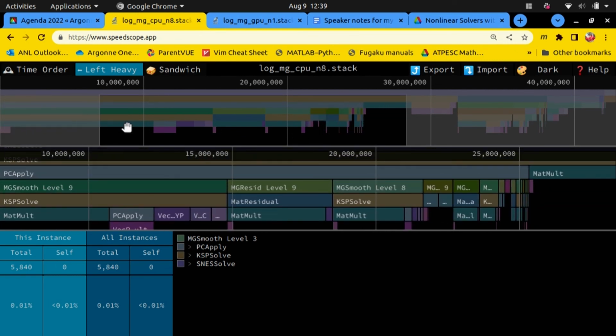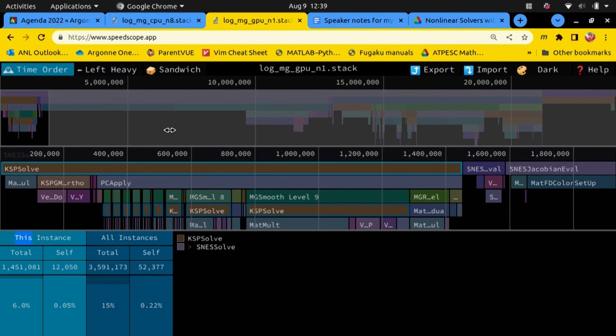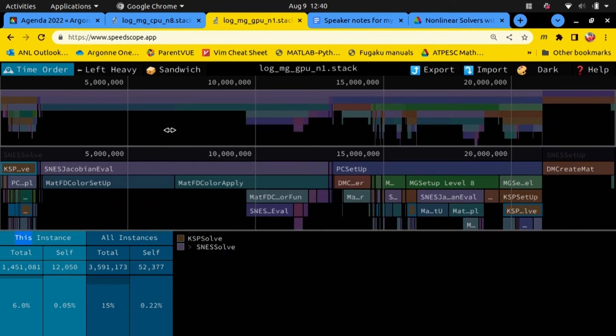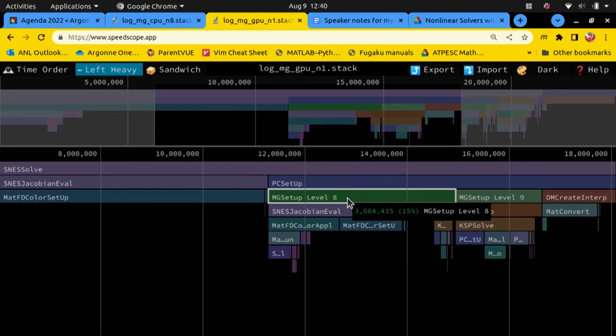The thing that I wanted to show, and unfortunately I don't think I have the screen real estate to do it here, it's just not high resolution enough, was the CPU and the GPU ones together, but I really need a higher res display, so I'm just going to go over to the GPU one. And let's see, I'll zoom all the way back out, go to left heavy, SNES solve, and what I want to show, that's a kind of interesting thing that tells you a little bit about GPU architectures versus CPU architectures, is I wanted to zoom in on these MGs,